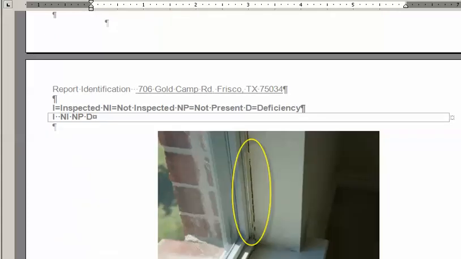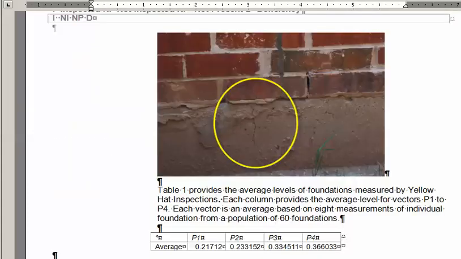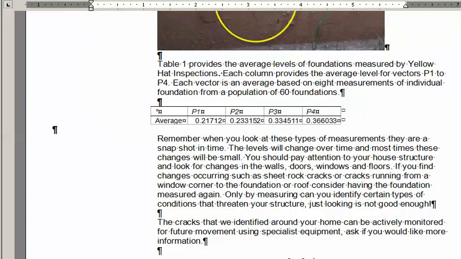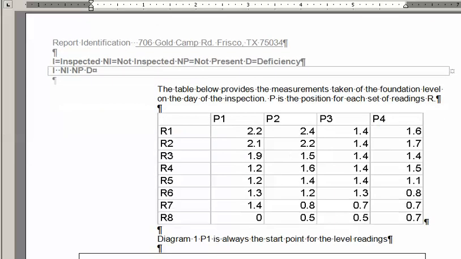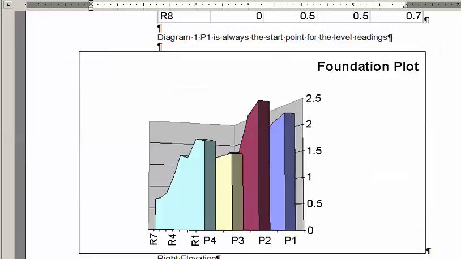And if I scroll right the way down past the pictures, you'll see that we have a table here, and it shows the average foundation measured by Yellow Hat. Notice that most foundations are within 1/4 to 3/8 of an inch, so pretty level. And then we go and look at the actual foundation that you have had us inspect, and we've got a table here. There's 48 measurements, and it gives the precise level of the foundation,